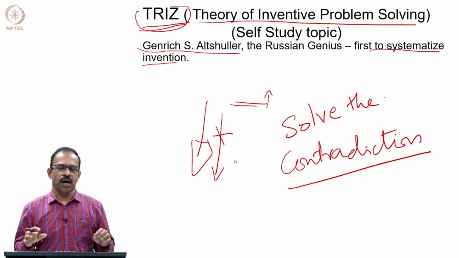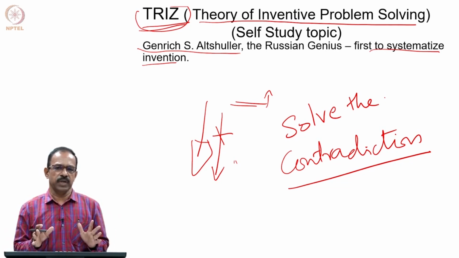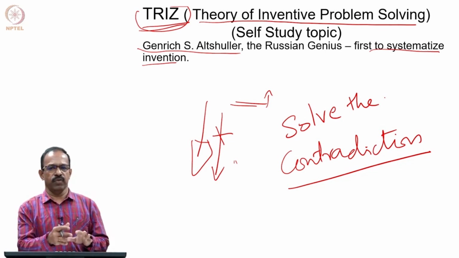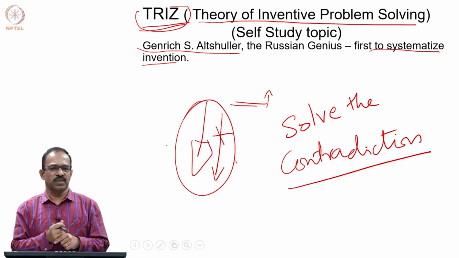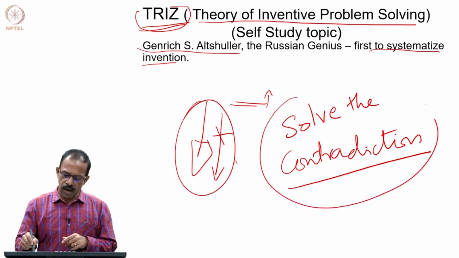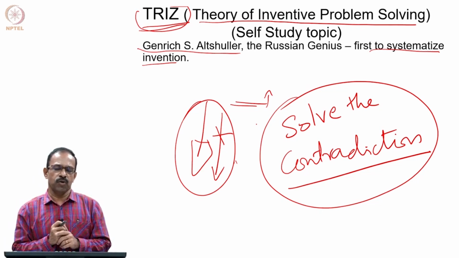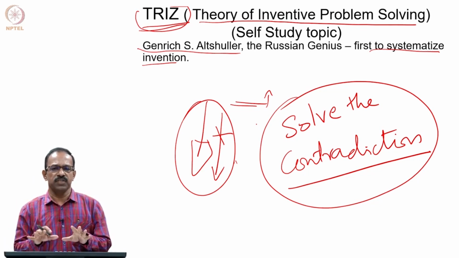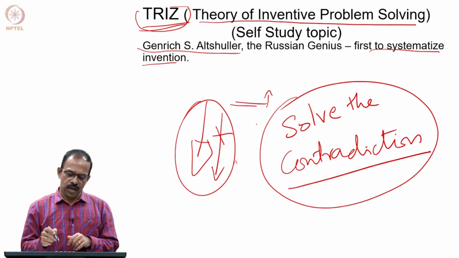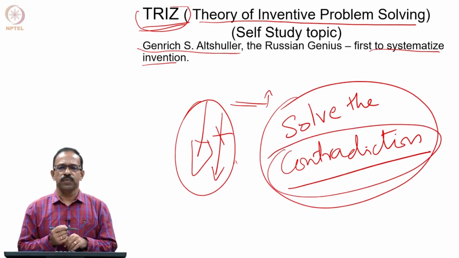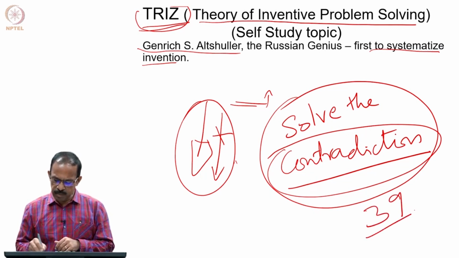Whatever patent he tried to understand, he found that there is a contradiction between two parameters in the design. For example, strength and weight, or the pressure to be applied and the force to be used, things like that. Looking at all these contradictions, he found that there are only very few parameters which are contradicting. Of all those 400,000 patents, he found that the contradictions can be generalized into a few parameters only, and he realized that there are only 39 engineering parameters